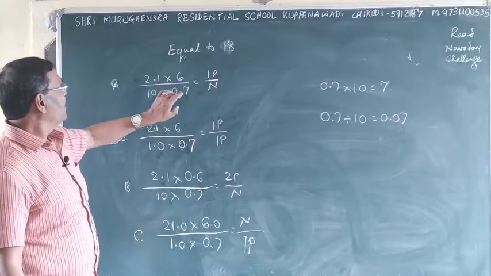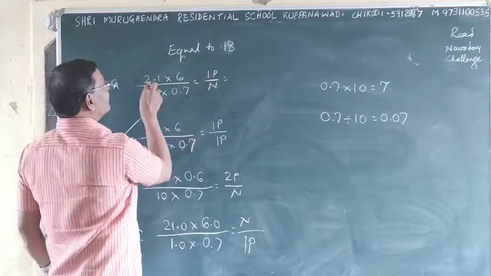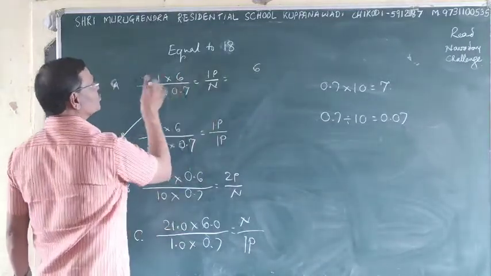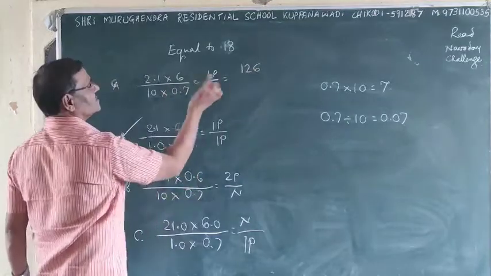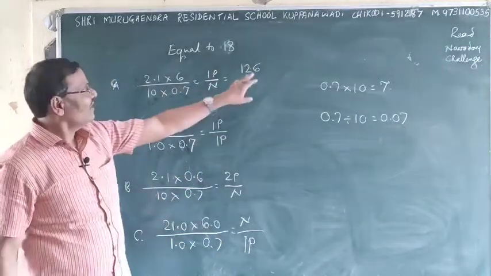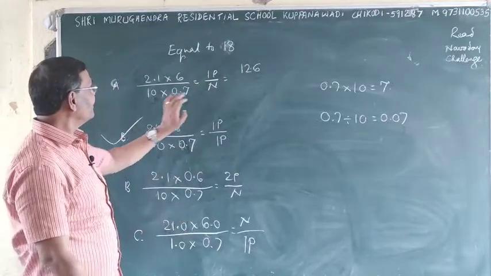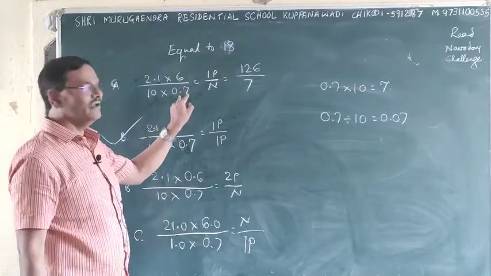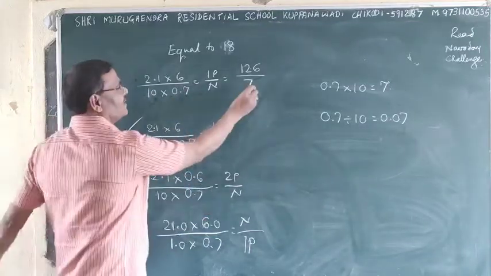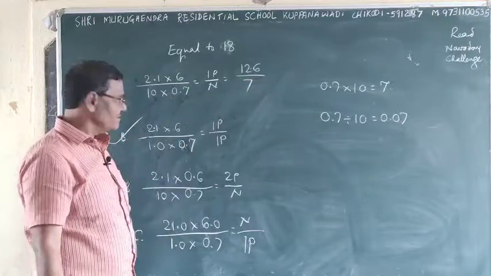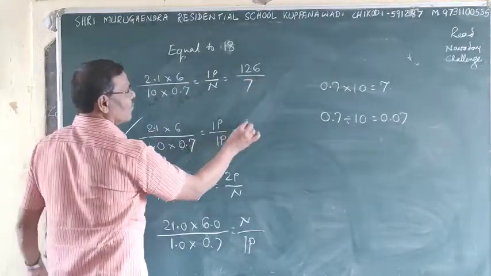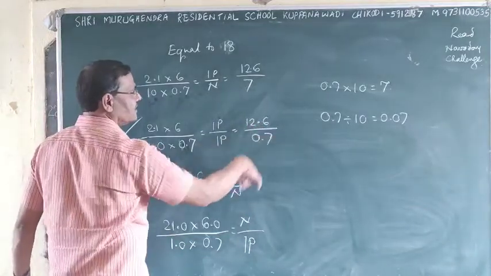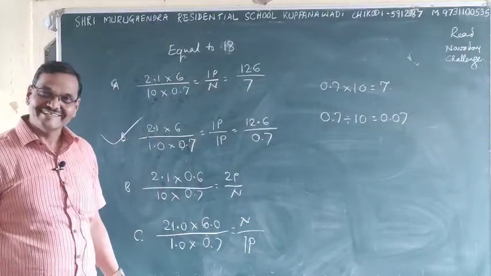See here, one place means what? 21 6s are: 6 1s are 6, 6 2s are 12. 126. One place. In decimal, one place is there. Here nothing means what? 7 it is. Because this 0.8, one place up, right side. Here it is what? 12.6 it is. Here it is what? 0.7 it is. Isn't it?